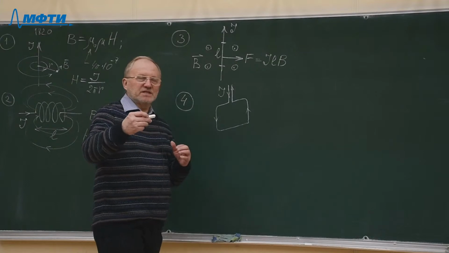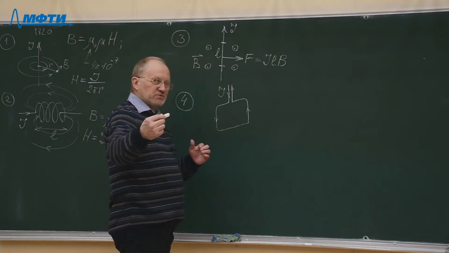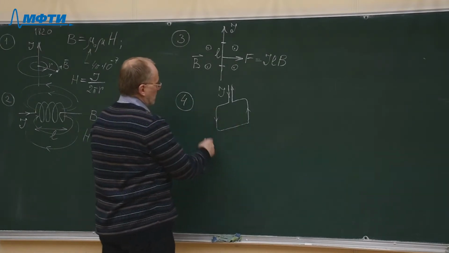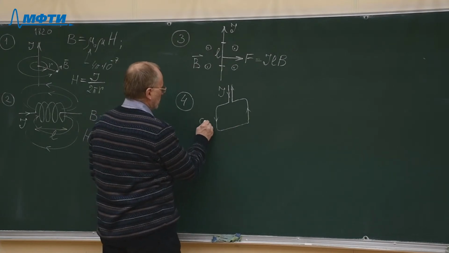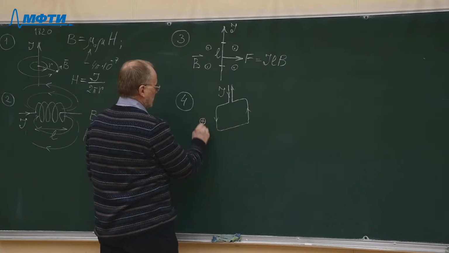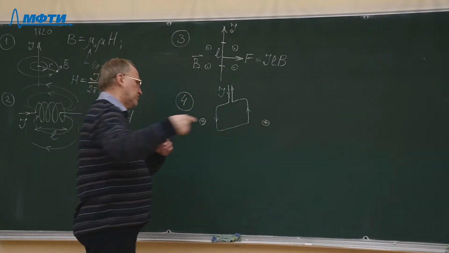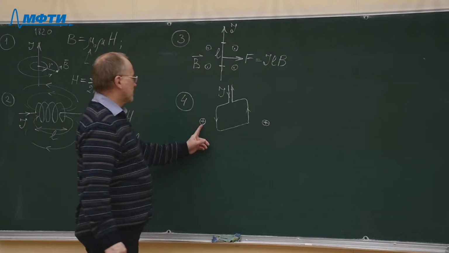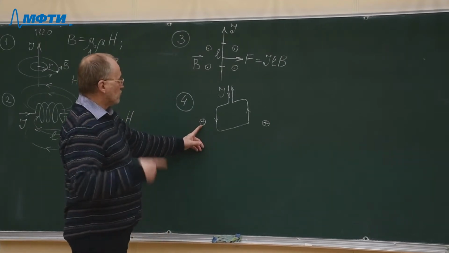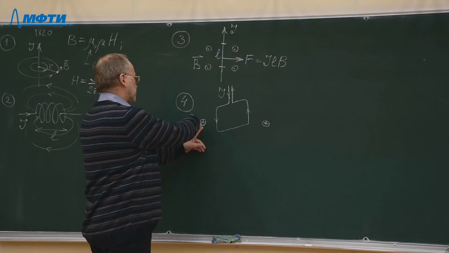That is, the vector of the magnetic field goes from the audience to the blackboard. Such a situation is denoted by such a symbol. That is the magnetic field vector going to the blackboard. It looks like an arrow which is directed in this